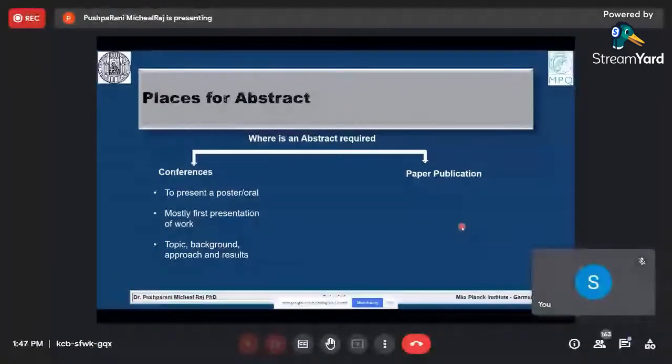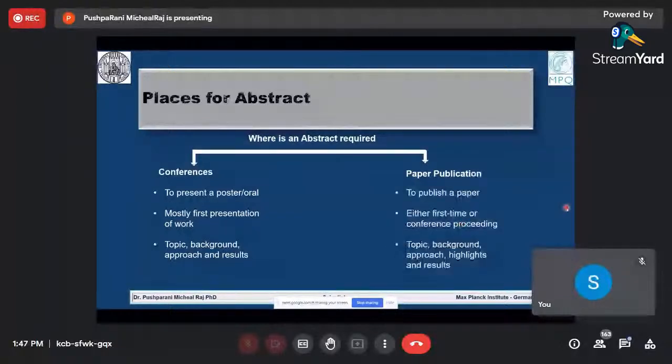I would also shortly talk about it soon. And in the paper publication, why do we have an abstract there? Because any person who has interest in a similar topic would quickly read the abstract before going into the real paper, because he or she would look for the right science or the right content, if it is more relevant to their work. So how crisp and how relevant the topic of the abstract should be,